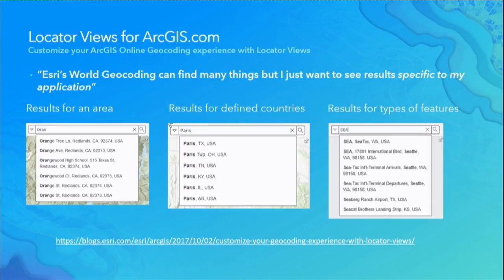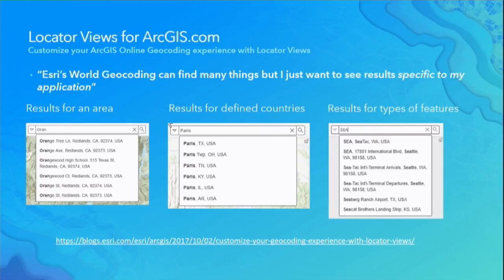Okay. So let's take a look at another great new capability that we've added into the system. This is a capability that organizations can take advantage of if they're building applications or working with applications that work with ArcGIS Online. So we talked a lot already about how you can use the API to get specific results back for geocoding, and you can get focused results back. We've added a new capability into the system that allows organizations to configure ArcGIS Online with a thing that we